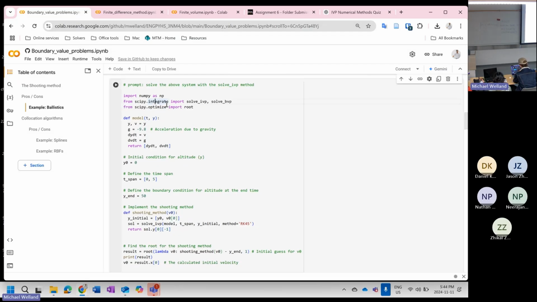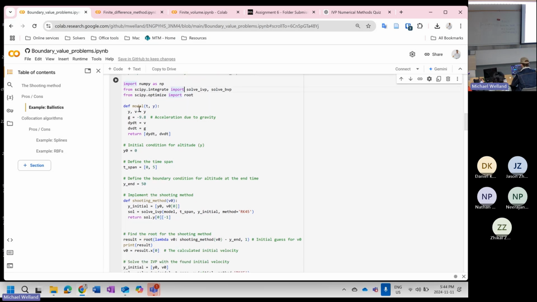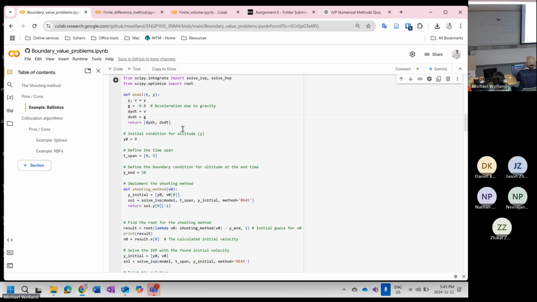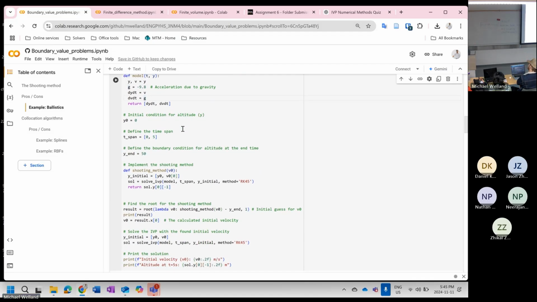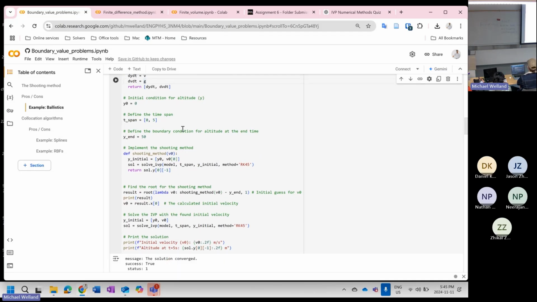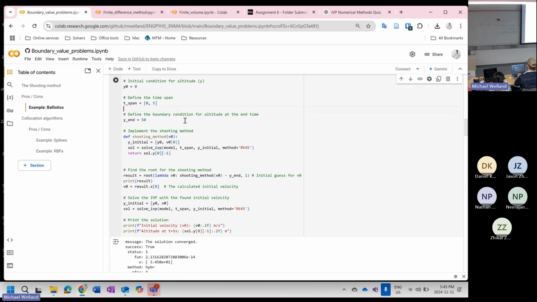Let's see. So we need to integrate. I didn't use BVP here. I used it later on. That's fine. Root, that's our model. So now our model has two inputs, y and v. And this is bad programming behavior on my part to say yv is equal to y. Ignoring that. Right, you've got your initial conditions, you've got your time span, which is your x domain effectively, your boundary conditions,